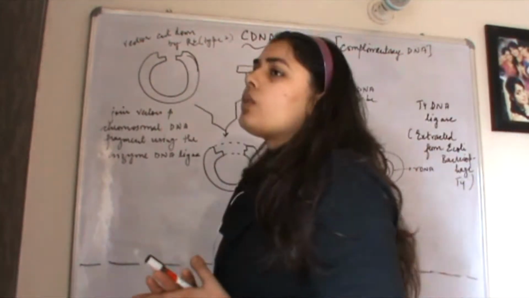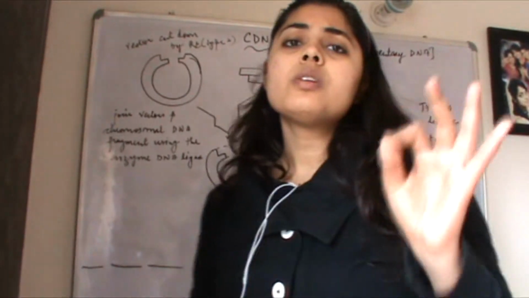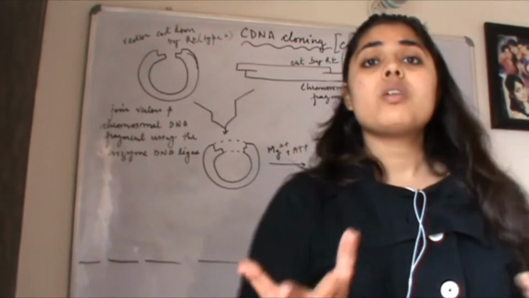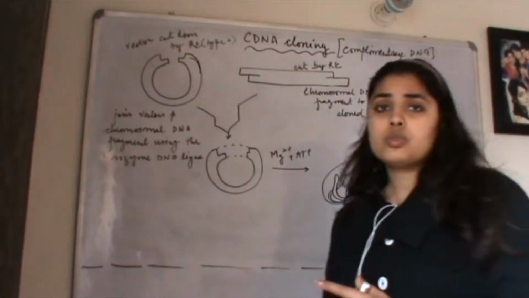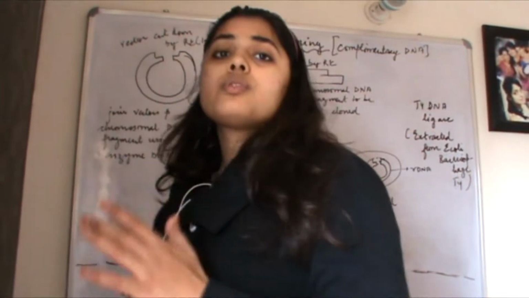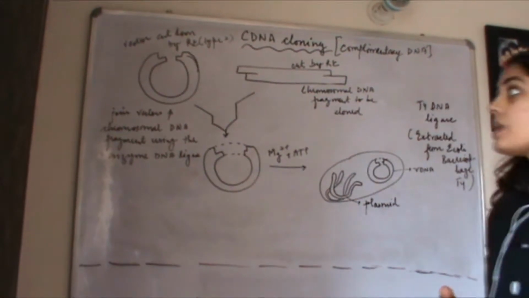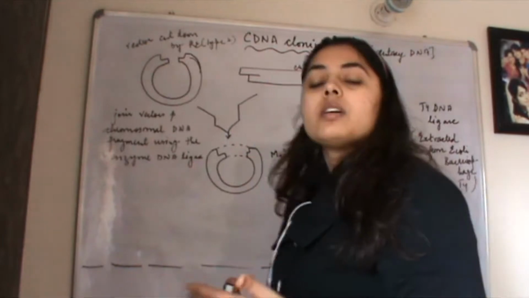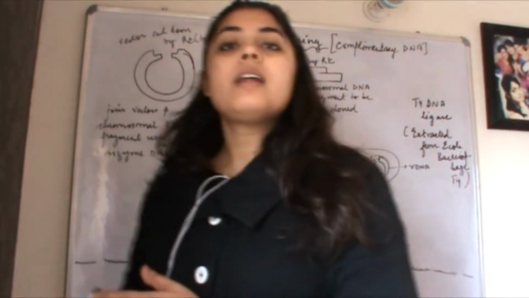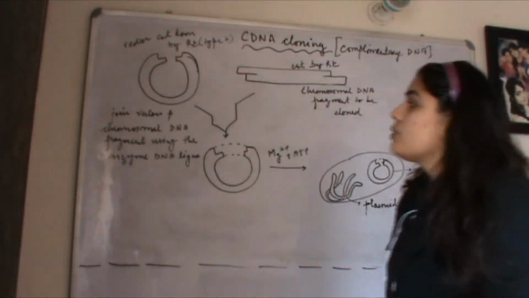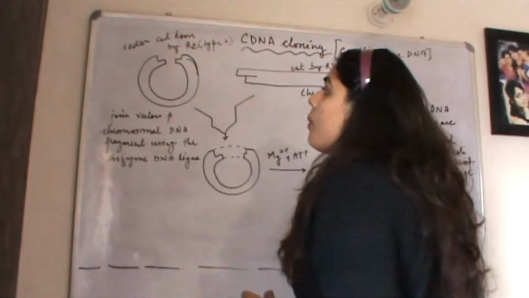So cDNA cloning is one of the major tools in molecular biology, because it is helping us in doing what? In preparing clones, right? It is helping us in the preparation of clones of the same DNA which we have prepared through the synthesis method, and now we are cloning that and preparing its identical copies with the help of cDNA cloning. So in this method, what we are doing, we have taken a vector,